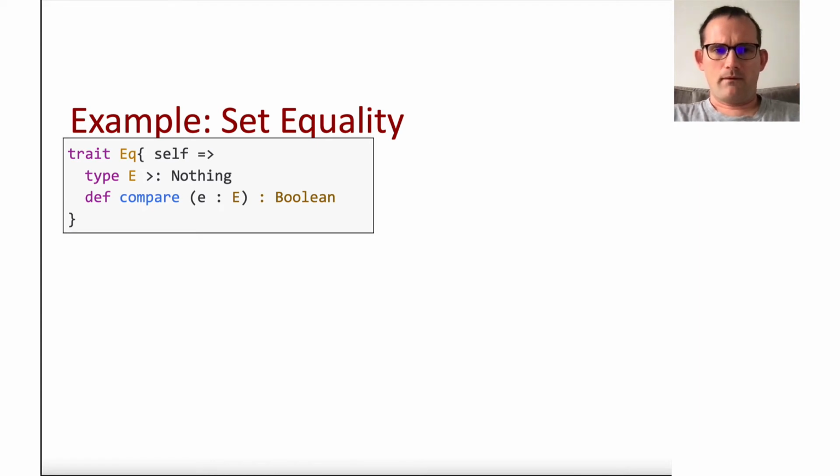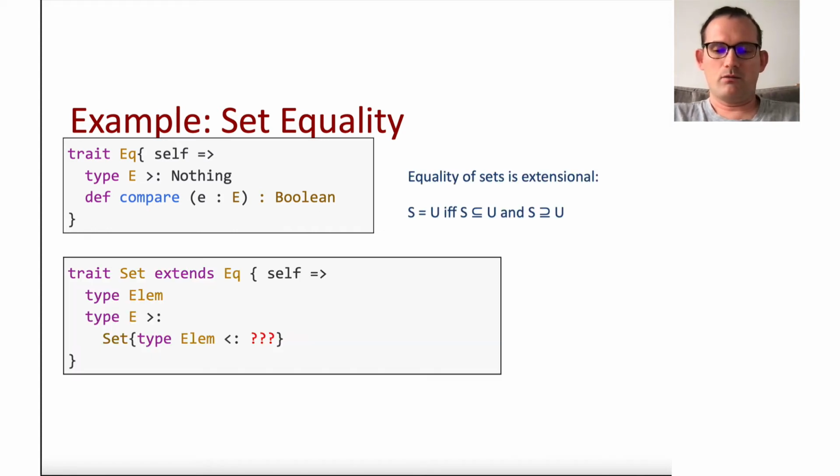So let's say we have a trait called EQ that has equatable types captured, and it will have the type E for the elements, which will be anything. Therefore, I say that at the bottom they're limited by nothing, which is a bottom type in Scala. It has a method compare that will accept elements of type E that will be able to compare these elements, returning a Boolean value, creating a trait set, which is equatable, where the set stores elements like before, type lm,